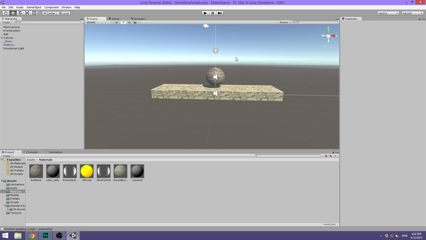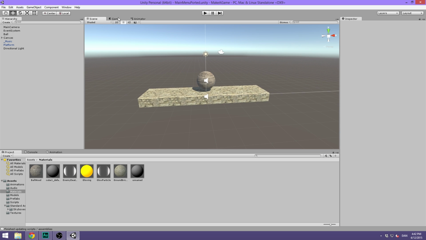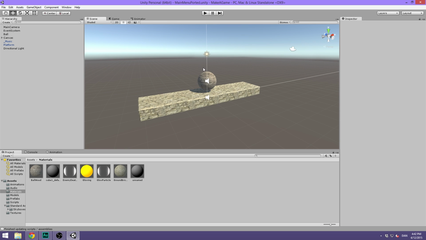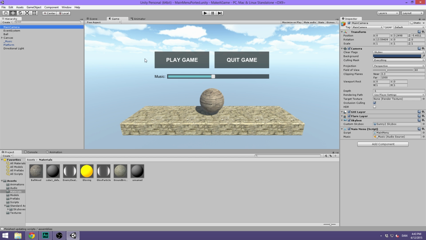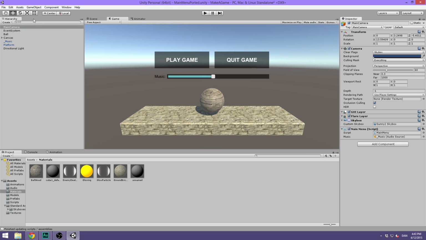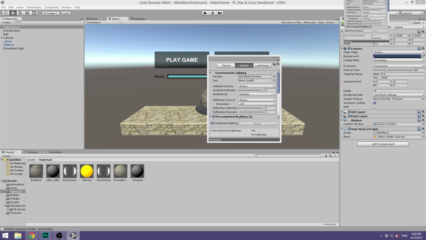What we also want to do is maybe change back our Skybox. You can of course keep this one if you think it looks cool. I sure do. But you will notice that in our scene view, it shows this Skybox, but in our game view, it shows another one. And the reason for this is that on our main camera, we currently have one Skybox selected, but we have another one as default. And we can see this if we go under Window, Lighting, and this is a really,